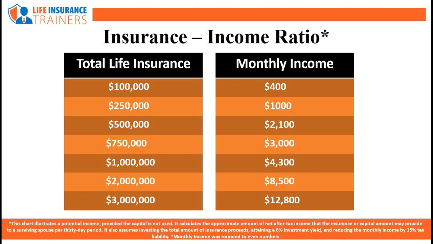$1 million sounds like a hell of a lot of money, right? But I can tell you when you share this chart with them, they need and want and must protect that monthly income, which drives up the death benefit. So this helps them visually see that they're not buying a $3 million life policy, they're protecting that $13,000 a month income. And when they understand the visual and the story behind this, they're more motivated to have that $3 million policy because they see what it can do and why they need it, instead of just a $1 million, $2 million, or $3 million policy. Hope this helps, and good luck.